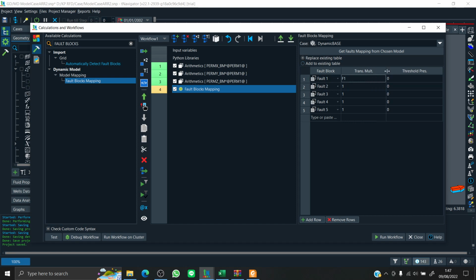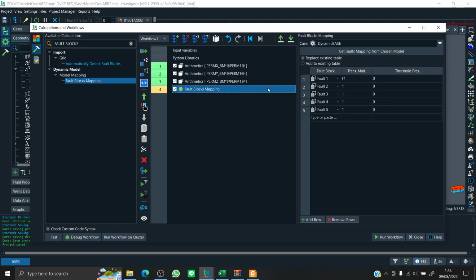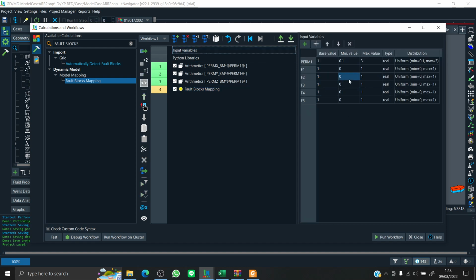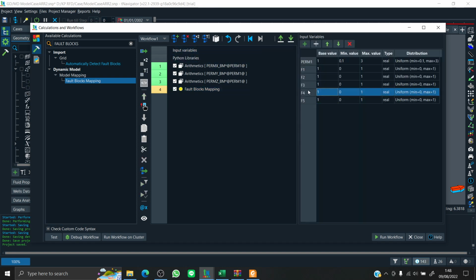So as you can see here, the transmissibility multiplier is already reading our variable F1, because here the equal sign fetches, or collects data from our variables bracket. Okay, so I'm just gonna do F2 for fault 2, F3, and you can rename it as you wish,